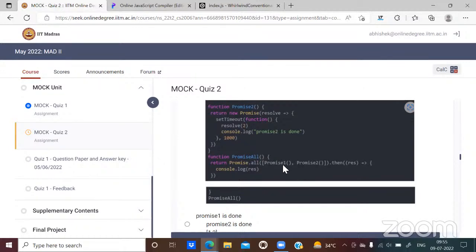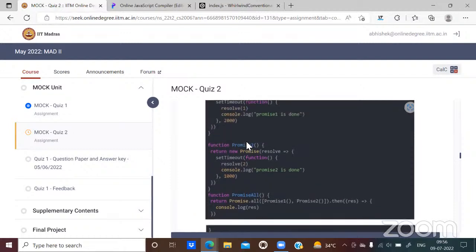That means if promise 1 has returned some output, and promise 2 has returned some output, this res is basically a list that consists of all of those outputs, or all of those messages that these promises have resolved. But there is one thing that matters here. The first element in that res list will always be the value returned by promise 1, the first element in this iterable. So the very first element is going to be the message returned by promise 1, irrespective of which one is resolved first.